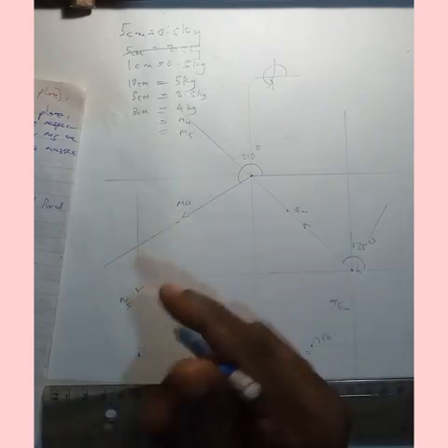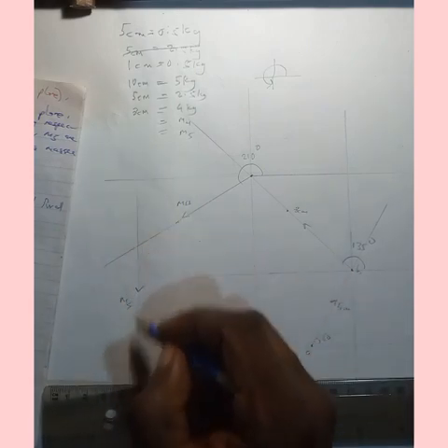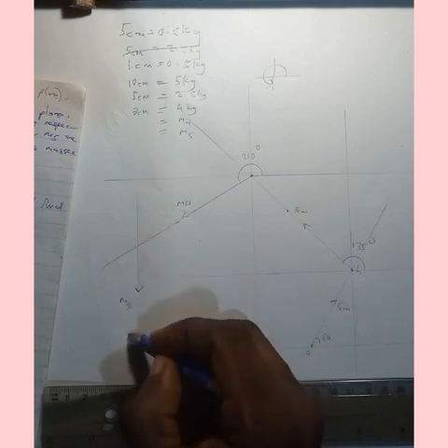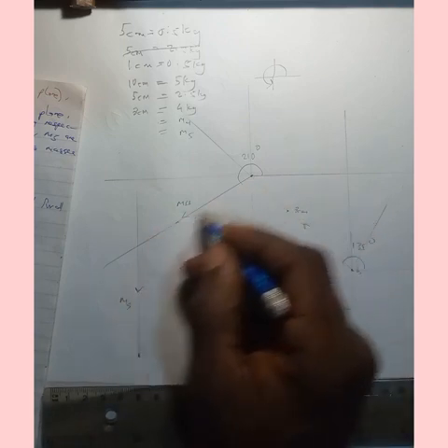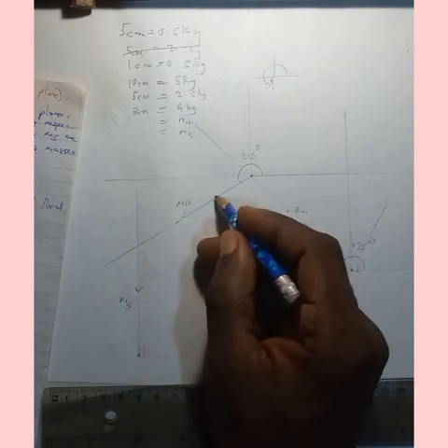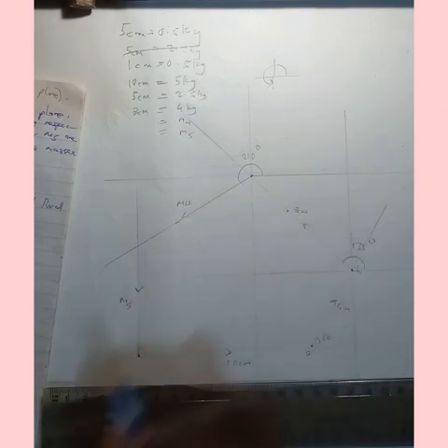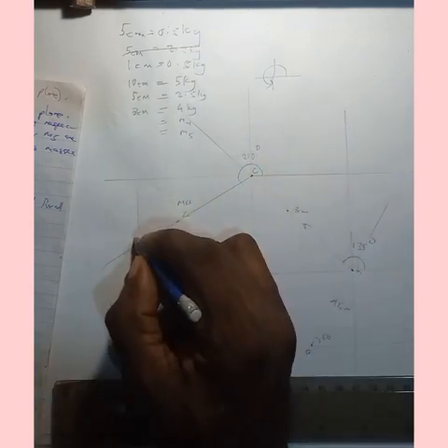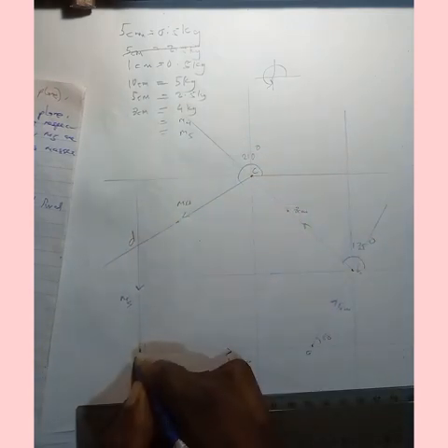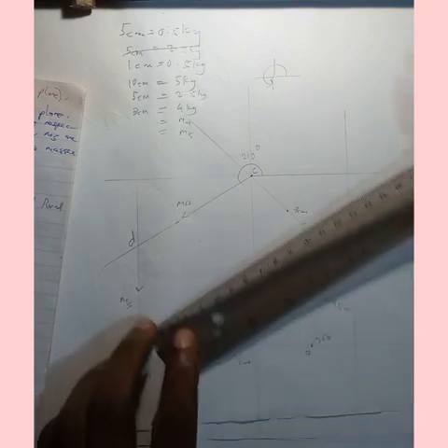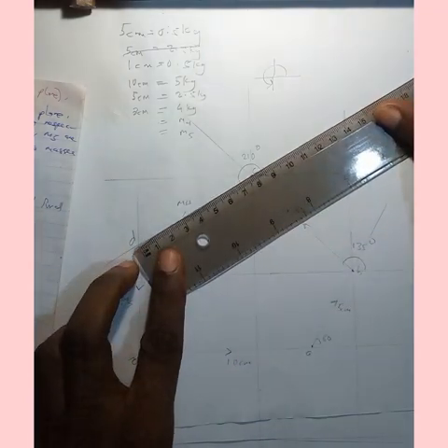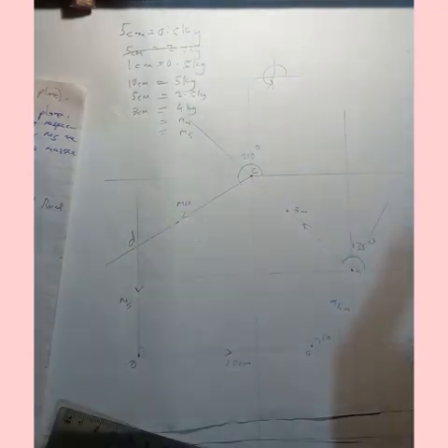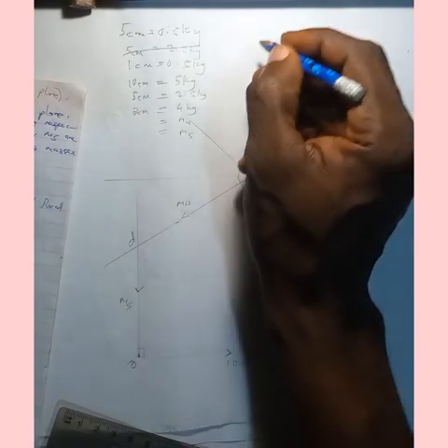So when we measure this place and then multiply by the scale, we are going to have the magnitude of M5. When we measure this place and multiply by scale, we're also going to get the magnitude of M4. So this is C, and then this is D, and then back to O. So now on measuring CD,